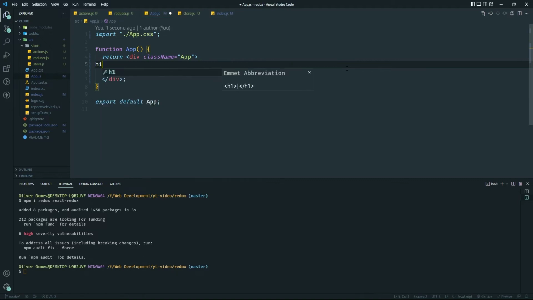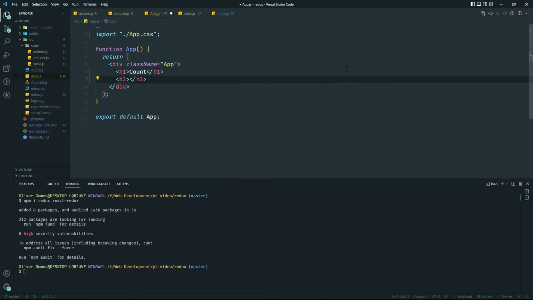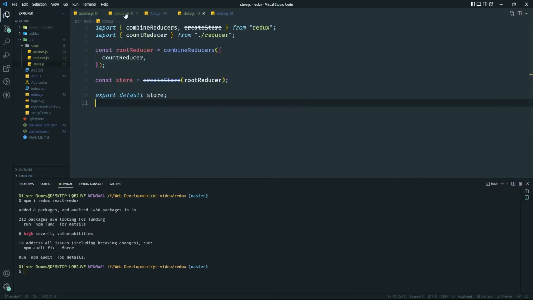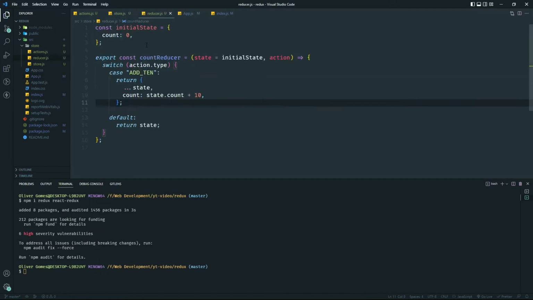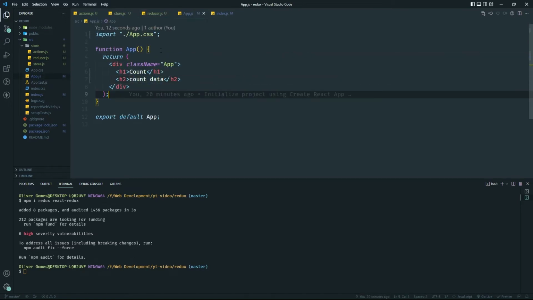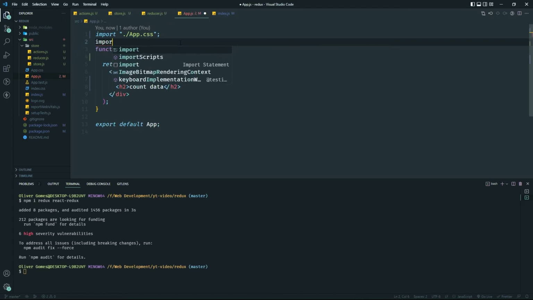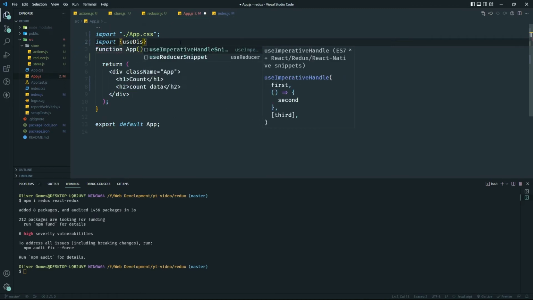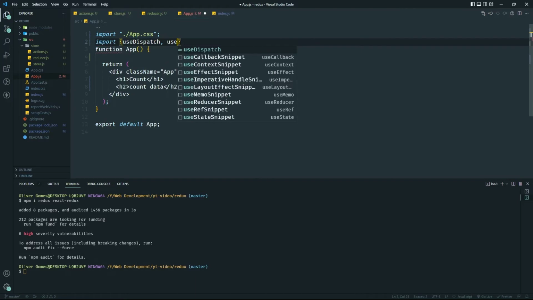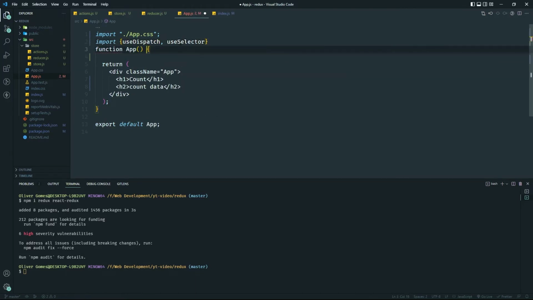So I'll create an h1, let's say count, and I'll create an h2. Here we're going to have the count data, like the stored data. So remember we have a reducer and we have this count. So we need to extract the state and display it in here, the count data. So how do you do that? In React Redux, they have a couple of hooks. One of them is useDispatch, and the other one is useSelector. That's all coming from